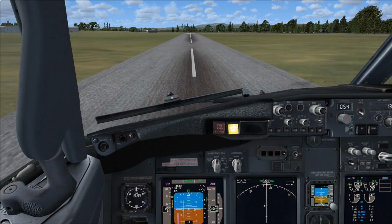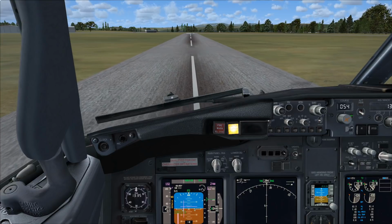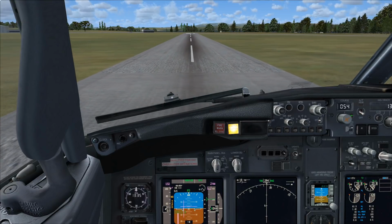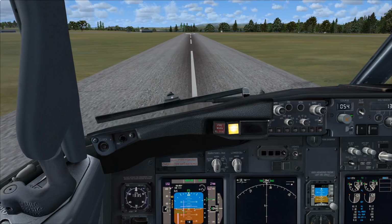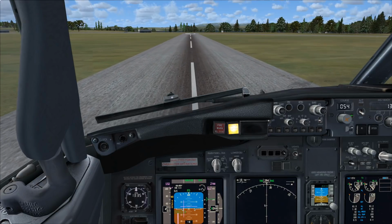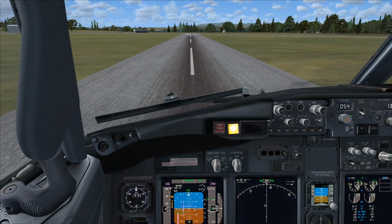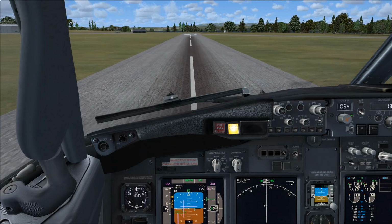Hello. So today we're going to be taking a look at the shutdown procedures in the Boeing 737 NGX. So we've just landed at Inverness Airport. I'm now taxiing towards the terminal. I've just finished all of the initial cleanup items, which involved pulling the flaps up, storing the speed brakes, and